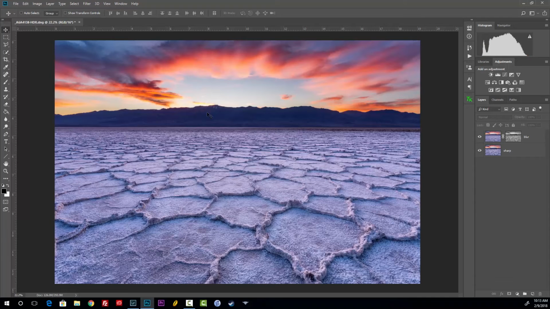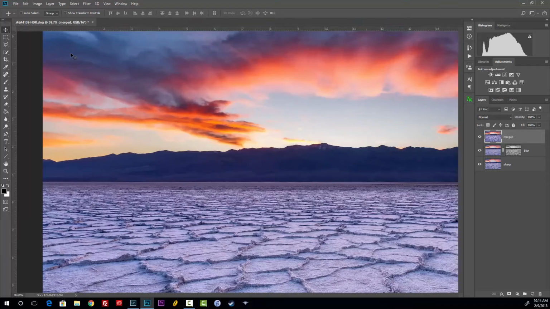Okay. Now we're going to clean up some of the artifacts up in the corners and whatnot. So to do that, I'm going to hit Command Shift Option E or Control Shift Alt E, and that's going to do something called Stamp Visible. So it's basically taking these two layers here and combining them and then copying the result and placing it up here. So that's what this layer 1 is. So I can rename this one Merged,